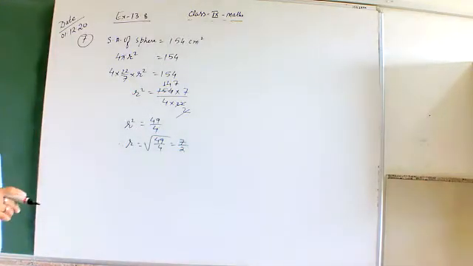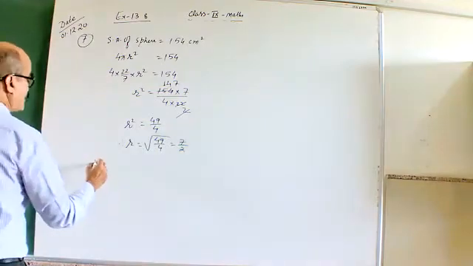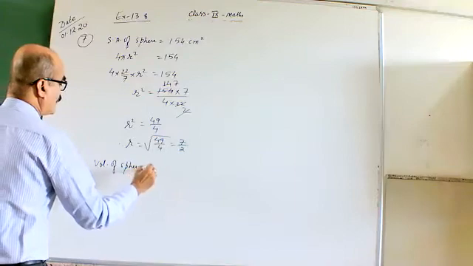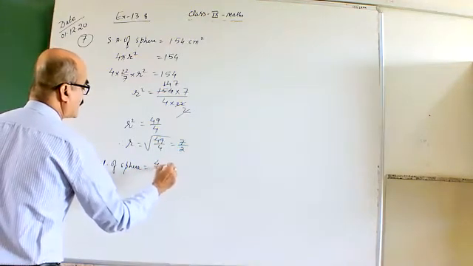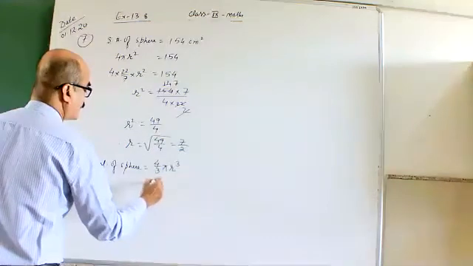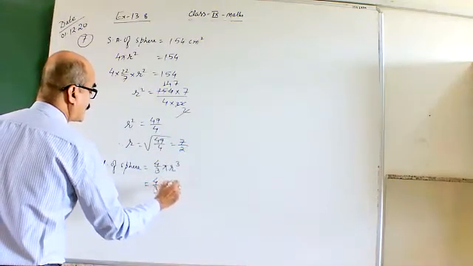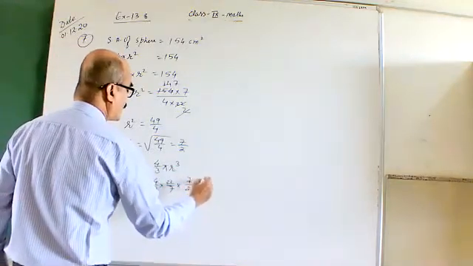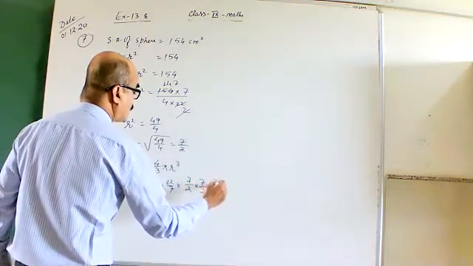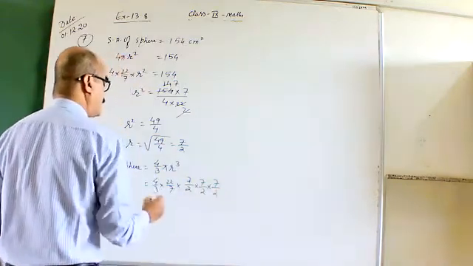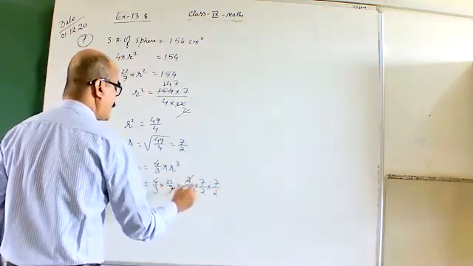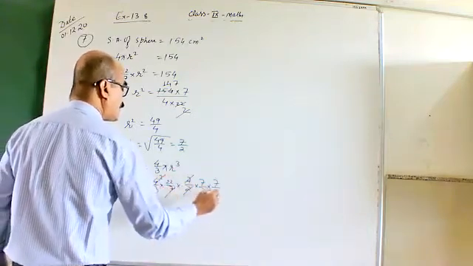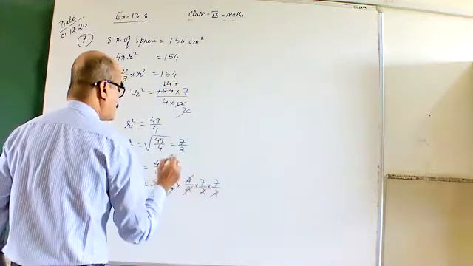What we have to find out? We have to find out the volume of the sphere. So volume of sphere is 4 by 3 pi r cube. Pi is 22 by 7. R is 7 by 2 into 7 by 2 into 7 by 2. Right? So 7 7 cancel. Then 2 2s are 4 and 2 2 cancel.